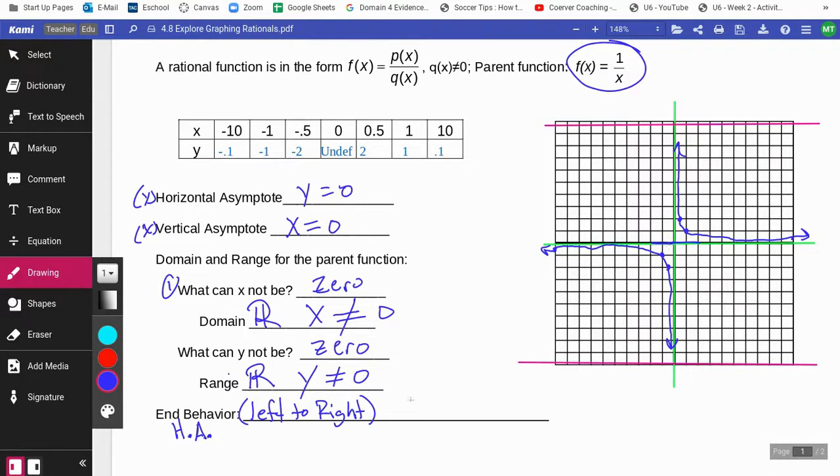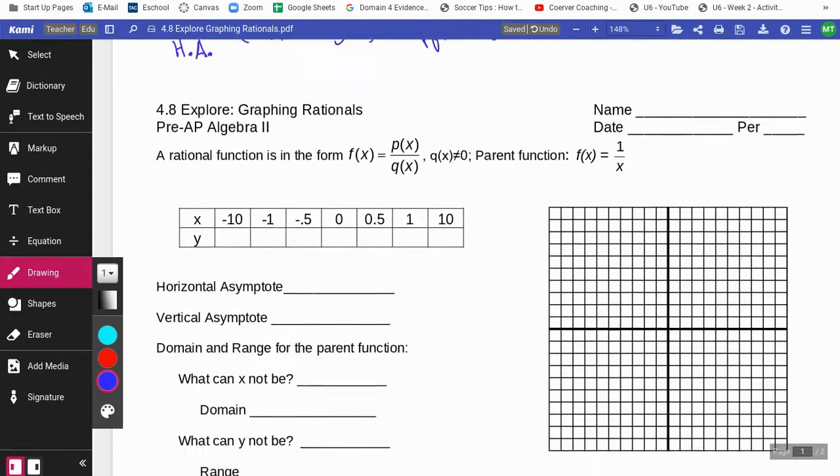So in this parent function, the end behavior, we say approaches 0. Okay, that won't always be 0 though. But again, this is one of the parent functions we're looking at. So all graphs that look like this will come from this parent function. Okay. Then we have another parent function,